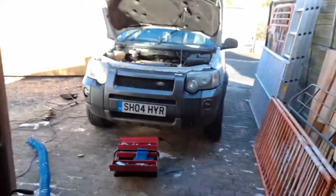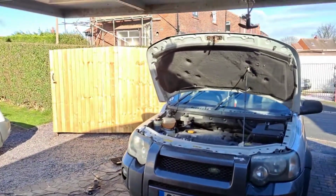Now I've just set up the Weldmate welder and we'll be welding some brackets back onto this Land Rover here. I'll just switch the camera around so you can see what we're doing. Now it's important when you start some welding. Excuse me, I've just got over the lens of the camera, so just a minute. So this is the Land Rover in question,